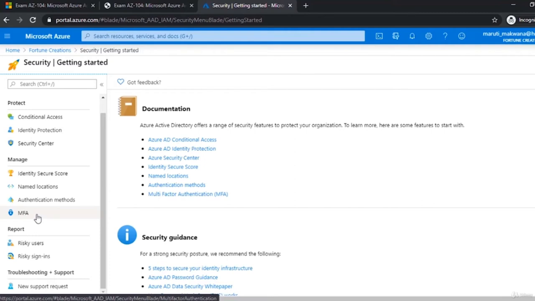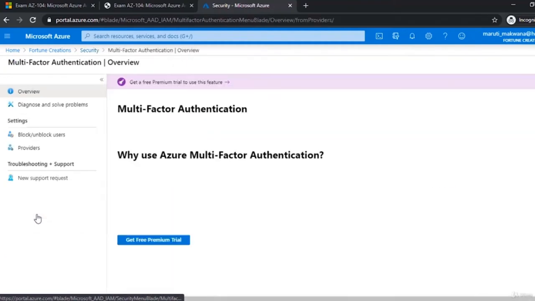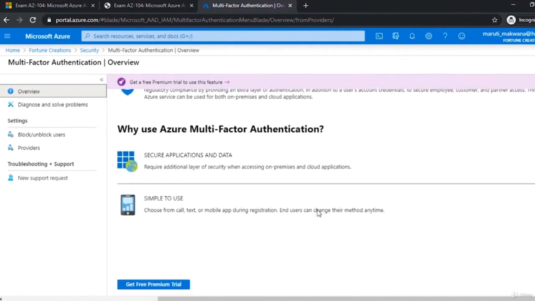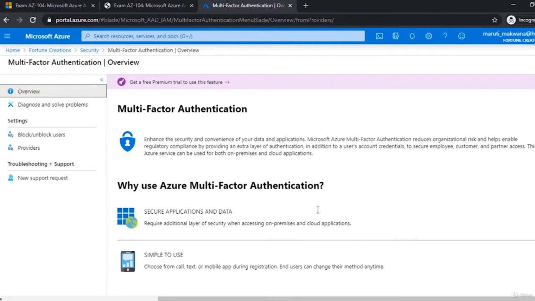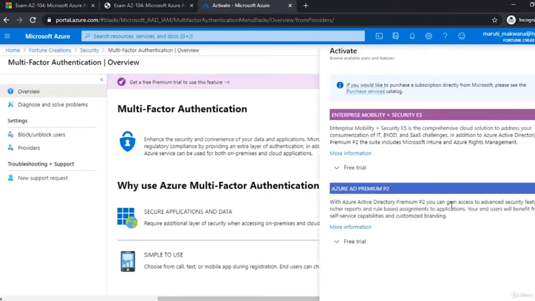We can have different kinds of configurations for multi-factor authentication, and right now when I click on this, it is going to show me that I actually do not have multi-factor authentication associated with this. As we discussed earlier, to use this feature I need to get a free premium trial. If I click on this, they are showing me two options.